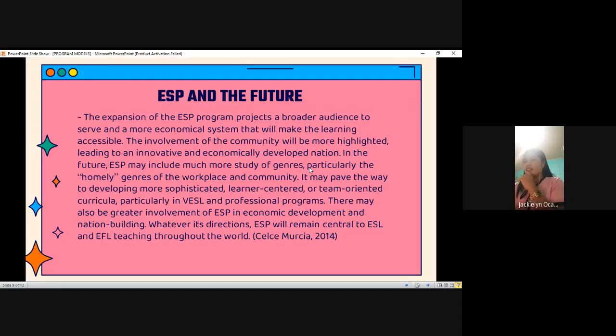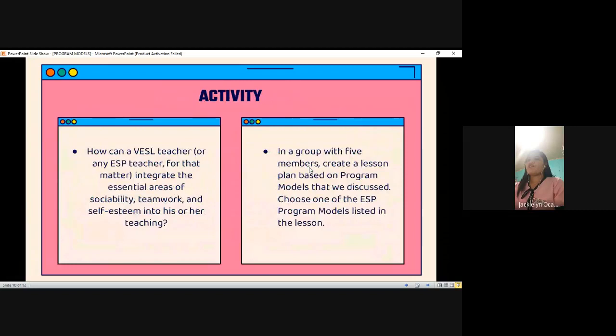Okay, let's do an activity. How can a VESL teacher or an ESP teacher for that matter integrate the essential areas of sociability, teamwork, and self-esteem into his or her teaching, on one whole sheet of paper? And for your activity, in a group of 5 members, create a lesson plan based on the program models that we discussed.